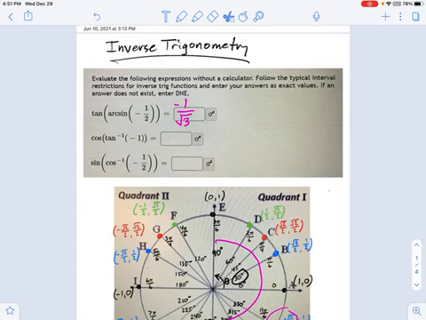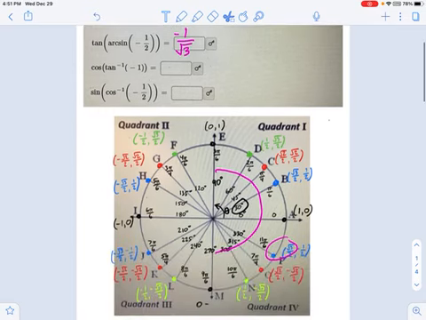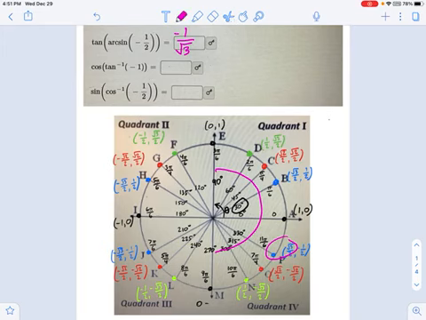Let's do cosine of the inverse tangent of -1 next. Well, first of all, let's answer this question. Where on the unit circle is the tangent of something -1? What angle is this going to be? Well, tangents are equal to 1 and -1 at these places, these sort of perfect 45-degree angles in each arc.